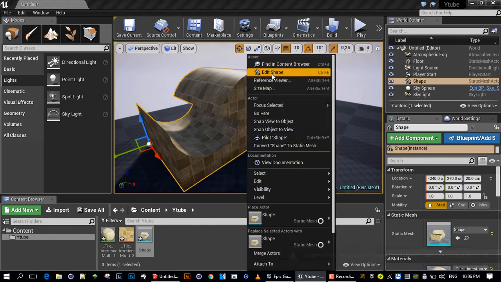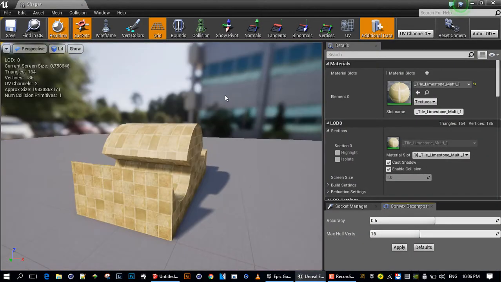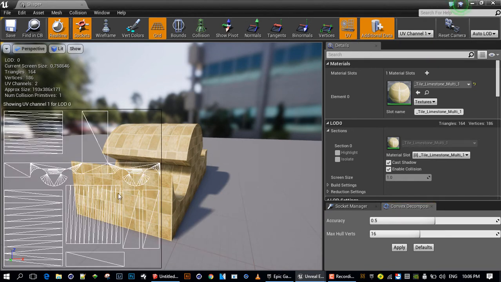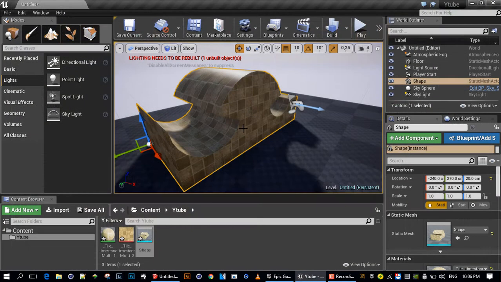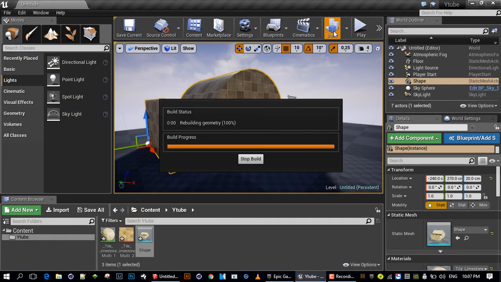And then you can right click and check again if the UVs are all still in order, and that pretty much looks nice. There's nothing that's crossing over each other. So if we run a new build, there shouldn't be any dark spots or anything along the way. So that's the way in which we can ensure that we're creating models in SketchUp and texturing them well,